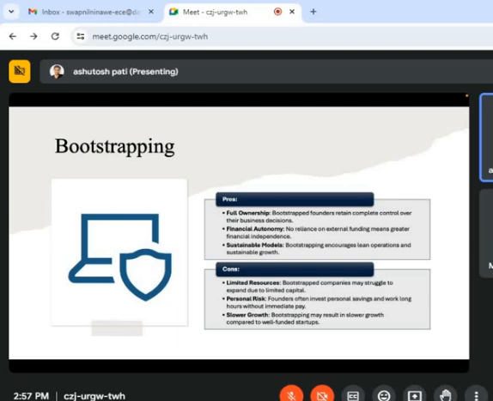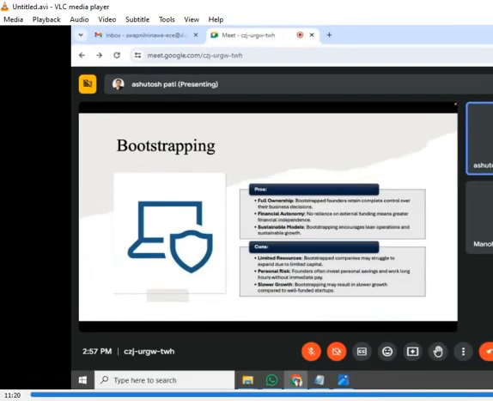Now, bootstrapping becomes successful when you have a sustainable business model. Bootstrapping encourages lean operations and sustainable growth. You start from a very small idea, which you can solve on your own. You try to find a customer from day one. You try to sell it, then you make some